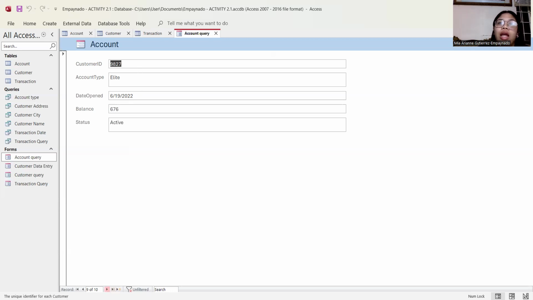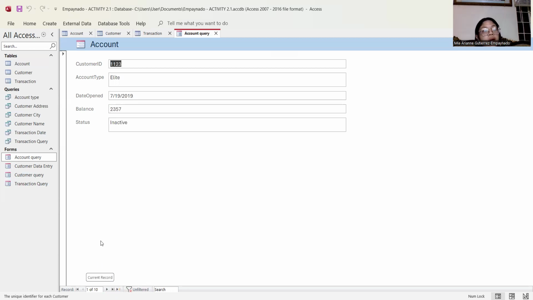For the 10 data entries under the field, you can scroll the data using the arrows below. In the record field, you can see the other data presented there. I'll just click on the first one.